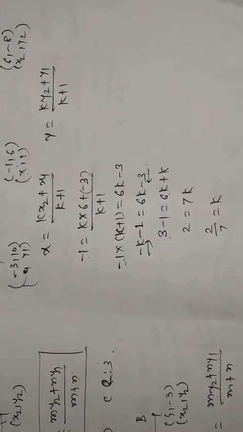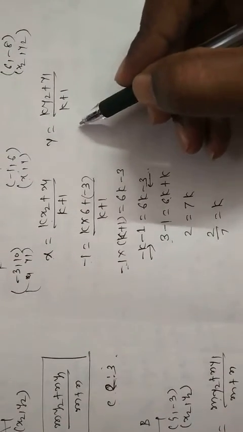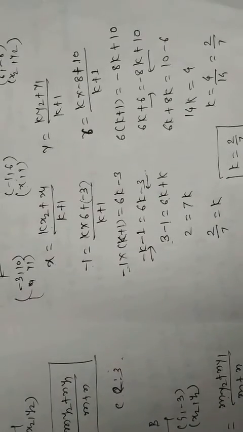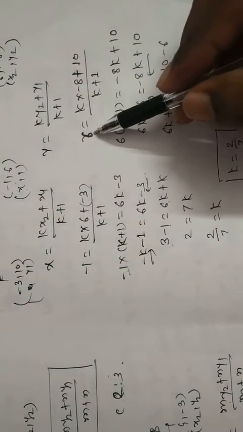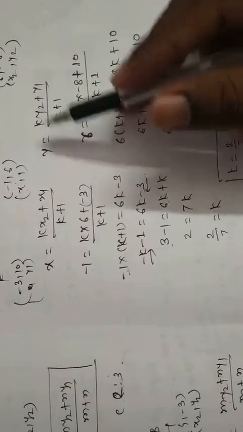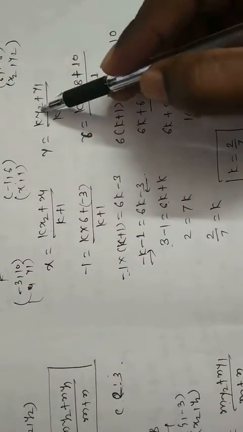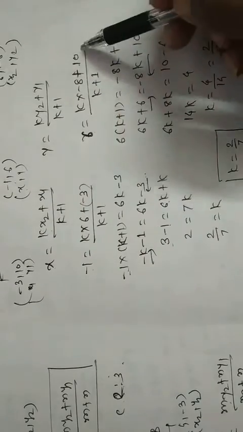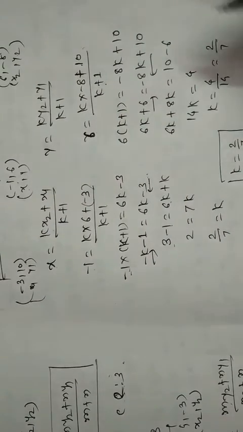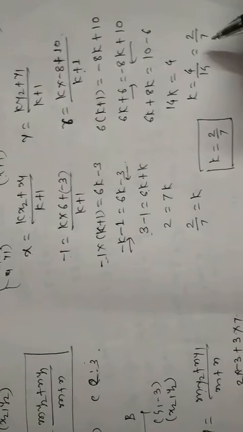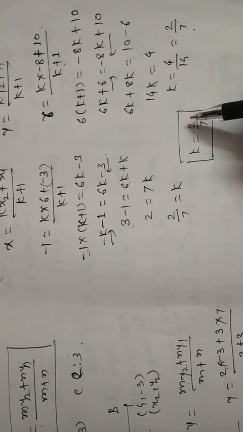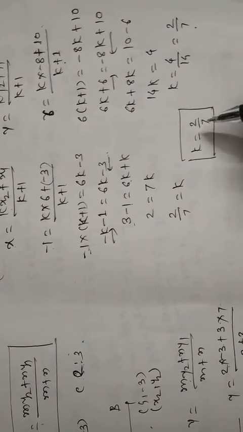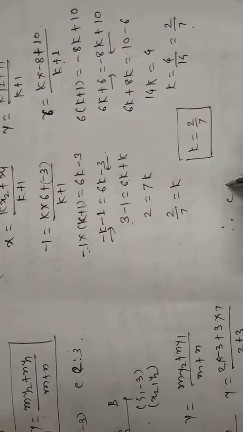You can solve again using y, and the answer is again the same. You can easily find the value of y. Y is equal to 6, k into y2, that is -8, plus y1, that is 10, upon k plus 1. Solve it and the answer is again 2 by 7. So k is equal to 2 by 7. Hence C divides AB